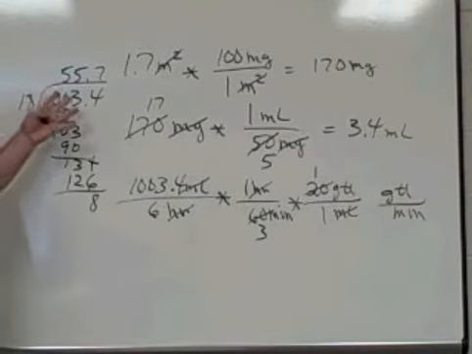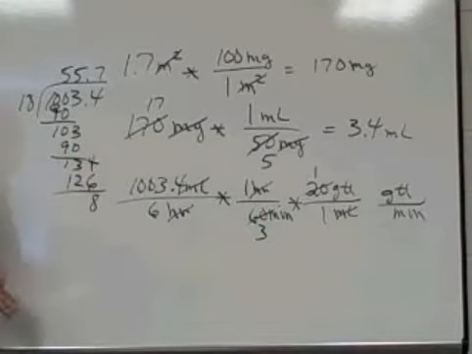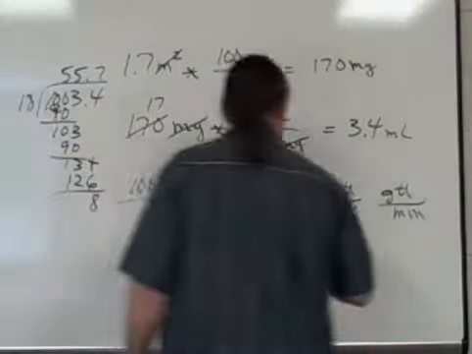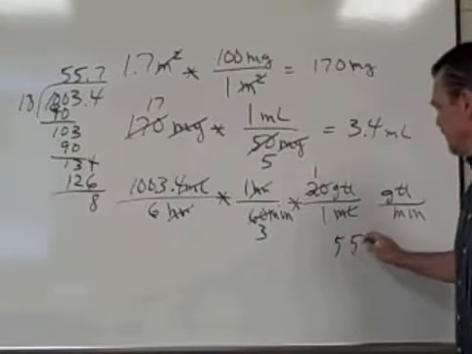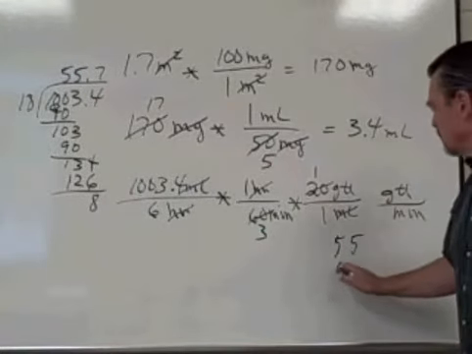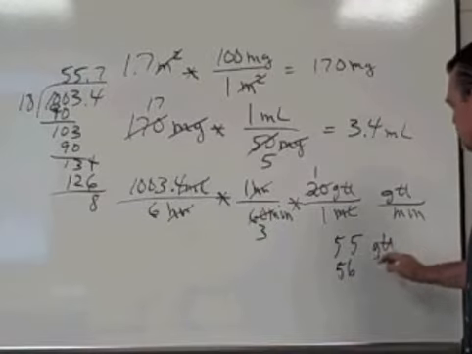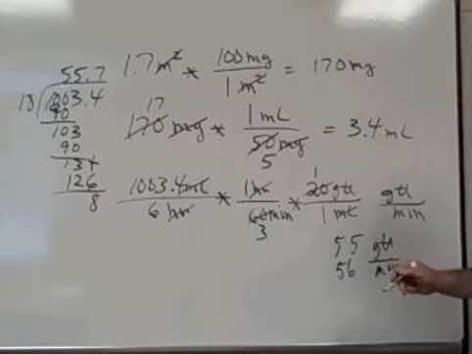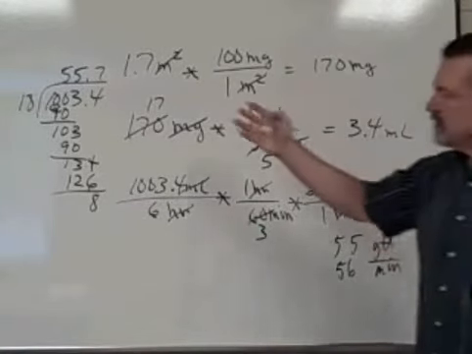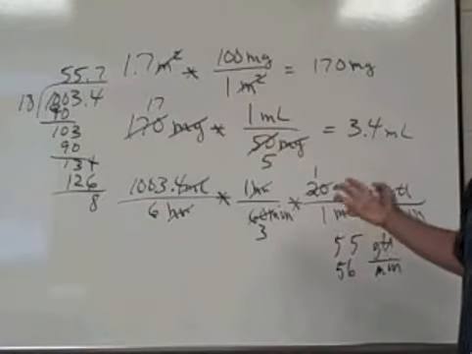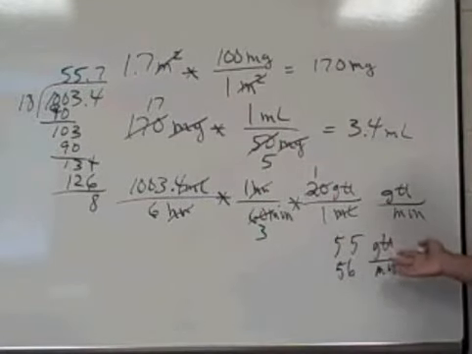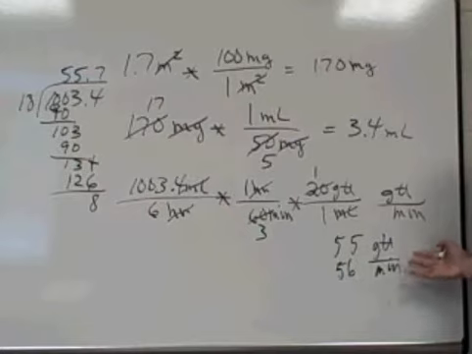So it's roughly 55.7 drops per minute, which means we would set our equipment at maybe either 55 or 56 drops per minute, depending upon what's the policy. Do we just drop decimal values? Do we round them? But this is approximately the drops per minute that we would need for our flow rate in order to